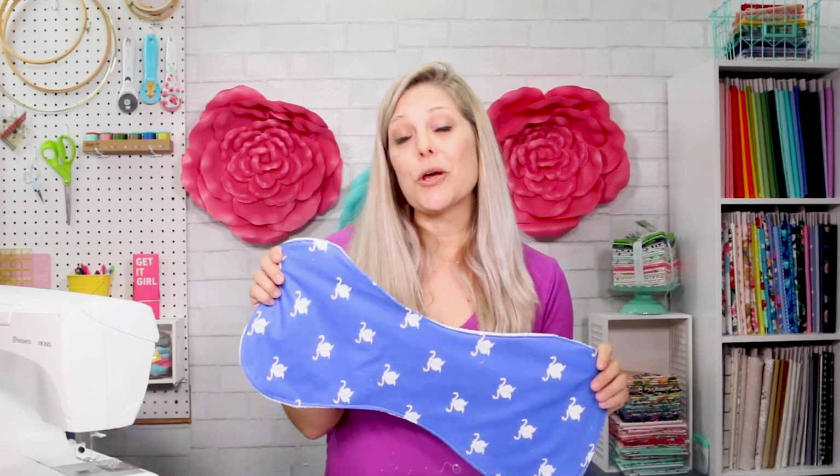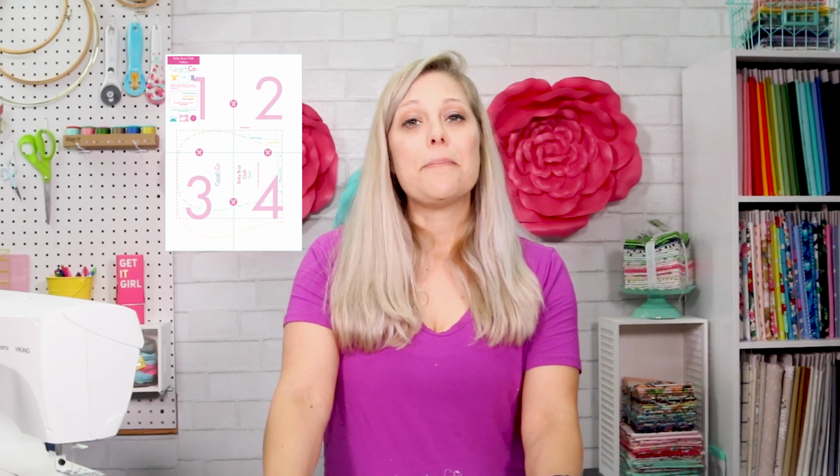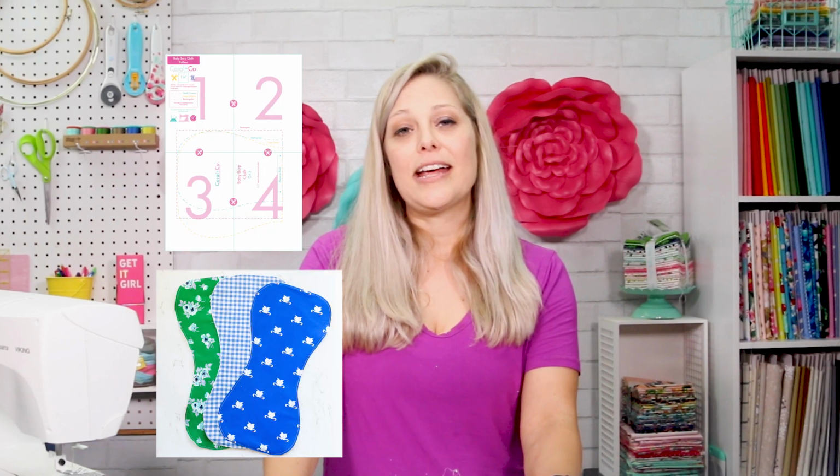And today I'm going to be showing you how to make an absorbent contoured burp cloth. This is an easy baby gift to make for you or for a friend, and it makes a perfect last-minute baby shower gift. You can download the free printable PDF burp cloth pattern at